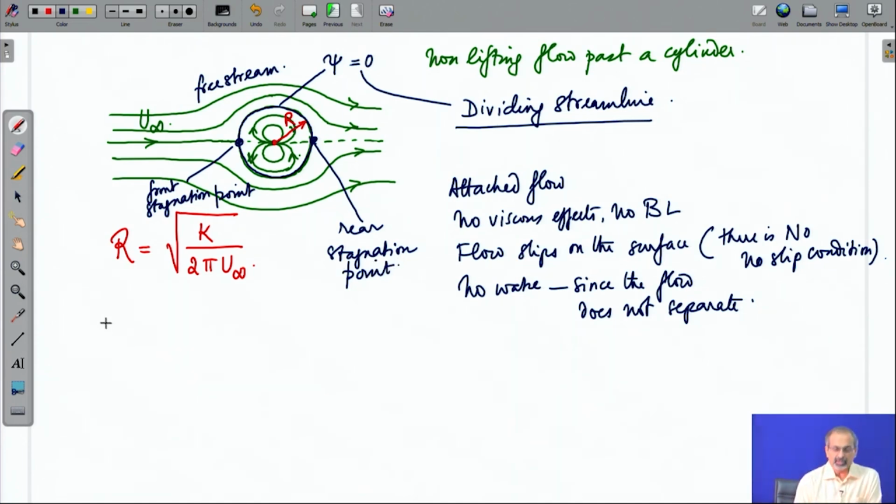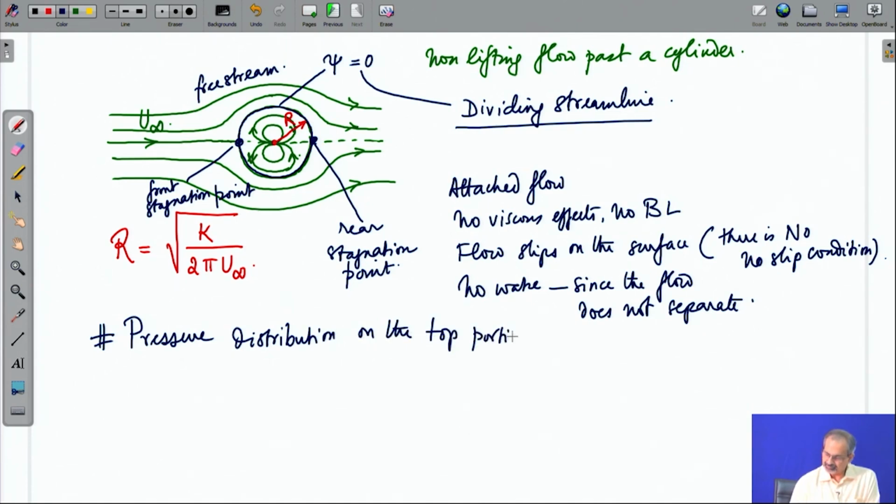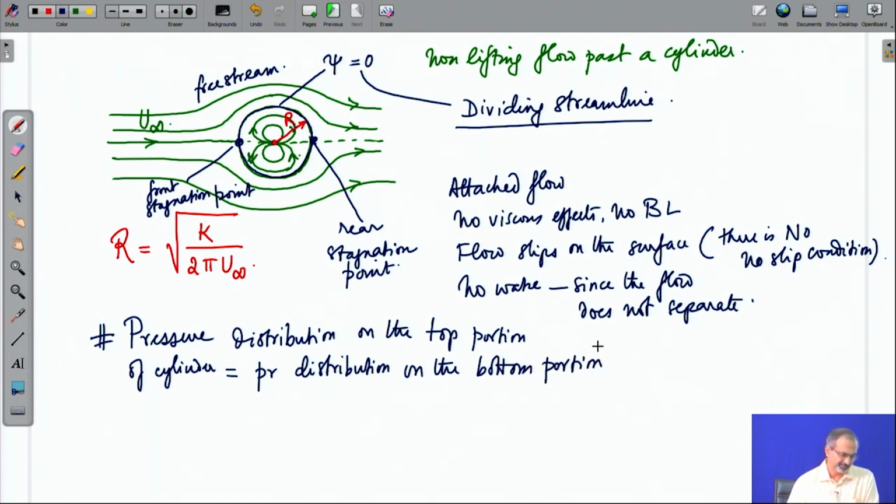There are another two very important things that we need to mention, that is, we will see soon that the pressure distribution on the top portion of the cylinder equals the pressure distribution on the bottom portion, and thus there is no lift generated by the cylinder. By top portion, what we mean is